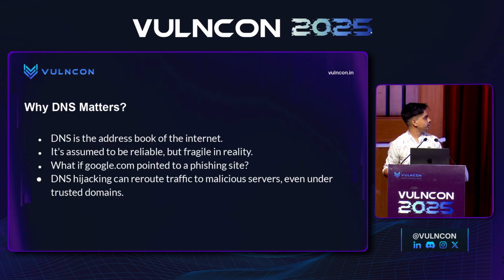Now, what if you are trying to navigate to google.com, but it points to a phishing website? There will not be a way for you to tell that because the context of the web page will be google.com. So the origin will be google.com. It will be pointing to a different A record or a CNAME, right? So DNS hijacking is very difficult for an end user to identify. Let's say I take over an A record of DNS.com and I serve my content there. Then for the end user, there will not be a way to tell that it actually is a phishing website because I can set up my certificates and everything.